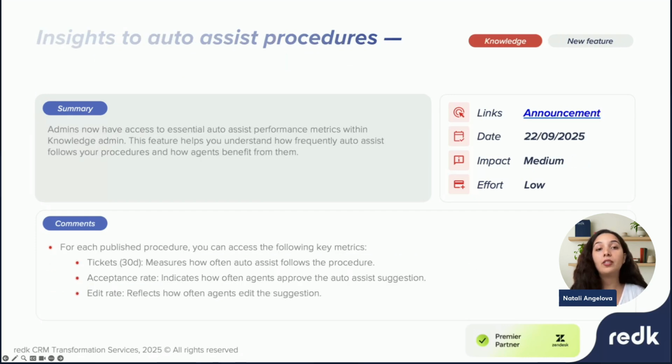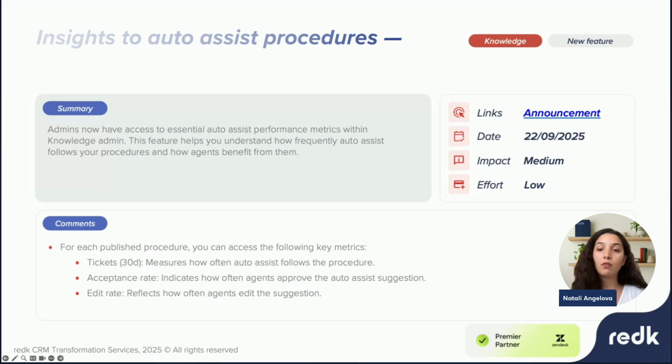Insights to Auto Assist procedures. What is Auto Assist? Auto Assist is an AI powered tool that helps you resolve tickets faster by suggesting replies, actions, or macros. Admins can create procedures for Auto Assist to guide agents on resolving customer requests. You can define steps,